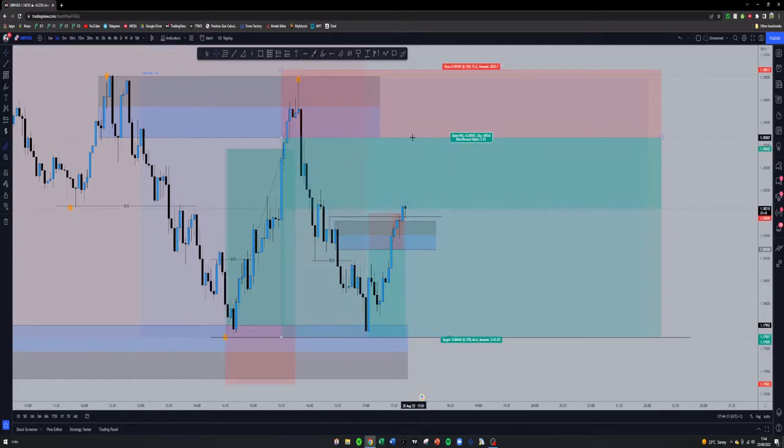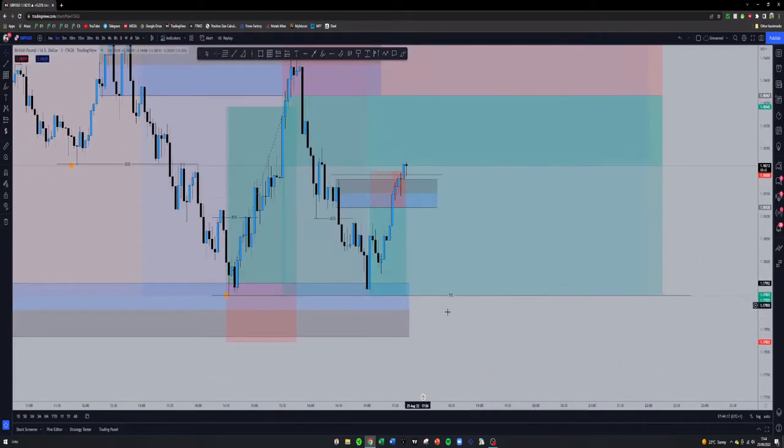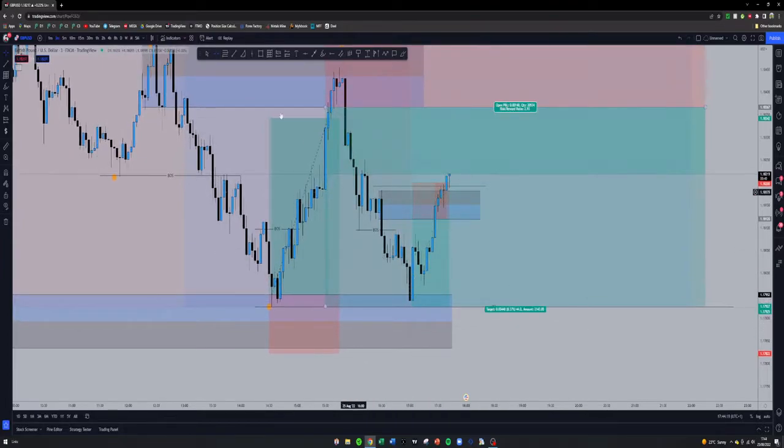We were up 32, now we're up 15, so we're about a 1 to 1 still. As you can see, we left it and price did actually get to about 1.3 pips away from take profit,